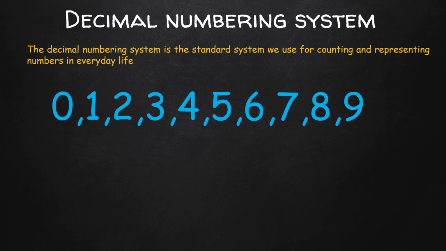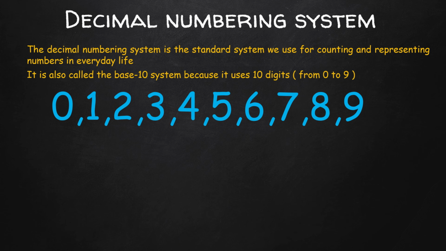That means 0, 1, 2, 3, 4, 5, 6, 7, 8 and 9. Any decimal number, smaller or bigger, is made up of these numbers only. It is also called the base 10 number system because it uses 10 digits, from 0 to 9. So these 10 digits are used to create all the decimal numbers, so that's why it is called a base